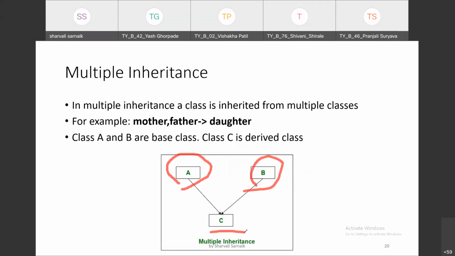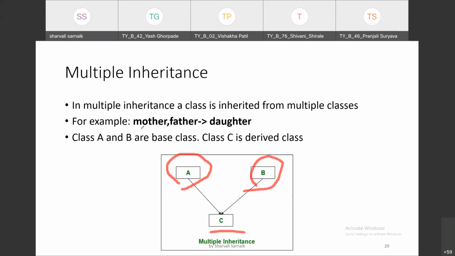This means class A and B will be my base classes and class C is my derived class. Now the C class will access some features of class A and some features of class B. If this is the case, we call it multiple inheritance.